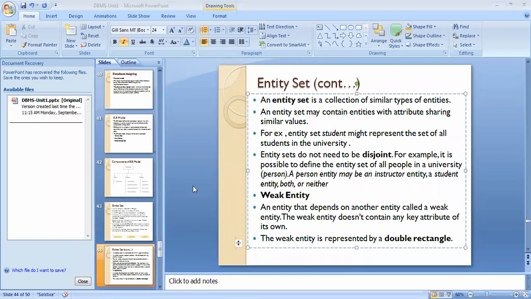But there is some information under the employee, such as parents' info as well as kids' info. But if we remove the employee entry from the organization, then there is no need for the parents' info as well as the kids' info. So these entities, parents as well as kids, are dependent entities, totally dependent on the employee. So these entities are called weak entities.